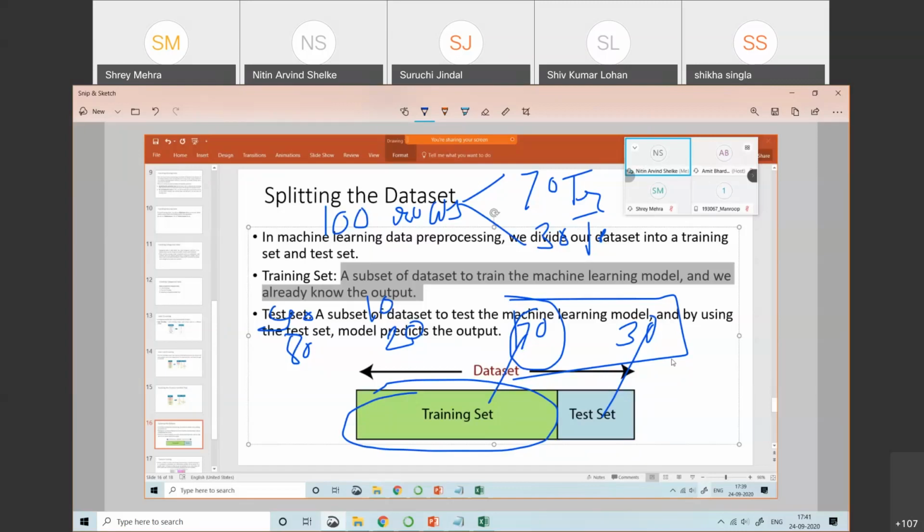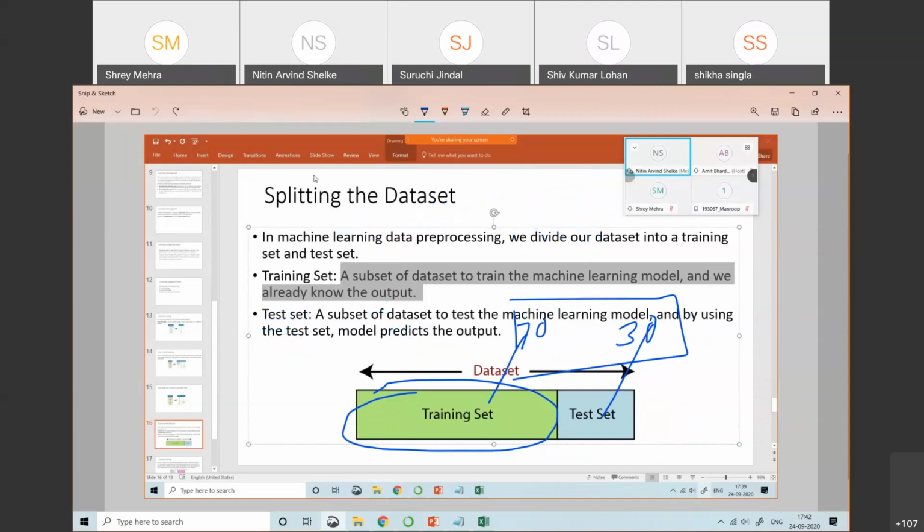One may use combinations like 70-30, 75-25, 80-20, 85-15. So this is splitting the data set. Once again I will repeat this.